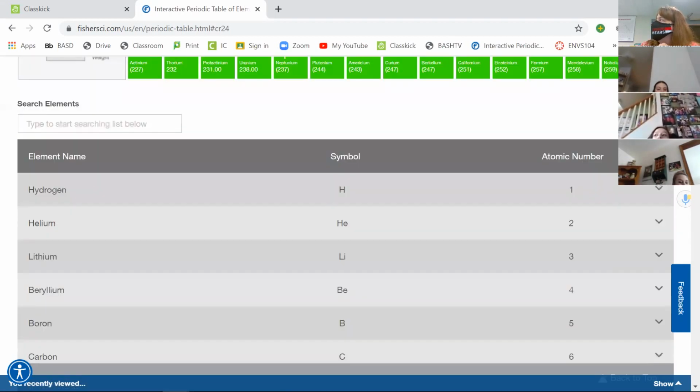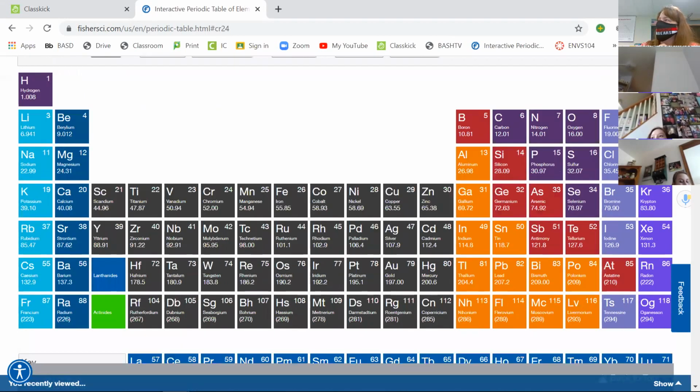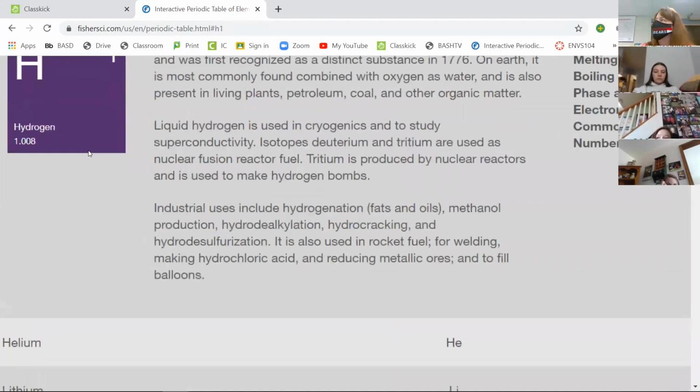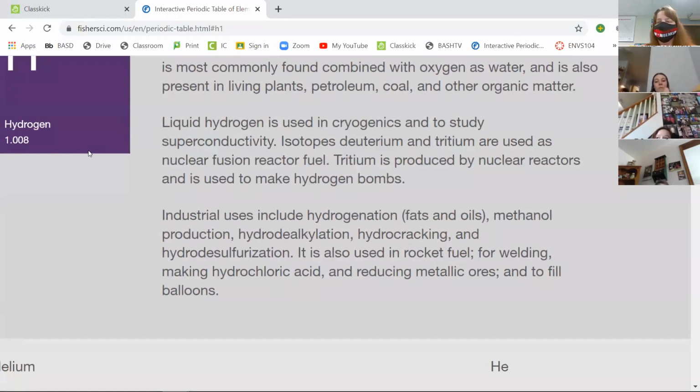There is one mass on the periodic table that's not recorded to 2 decimal places on here, and that is hydrogen. Hydrogen, they have written as 1.008, okay? So it is okay to use that if you'd like, or you may round that to 1.01, okay? But don't just write 1 or 1.00, because that will change things significantly. Okay, so go ahead. I'm going to give you